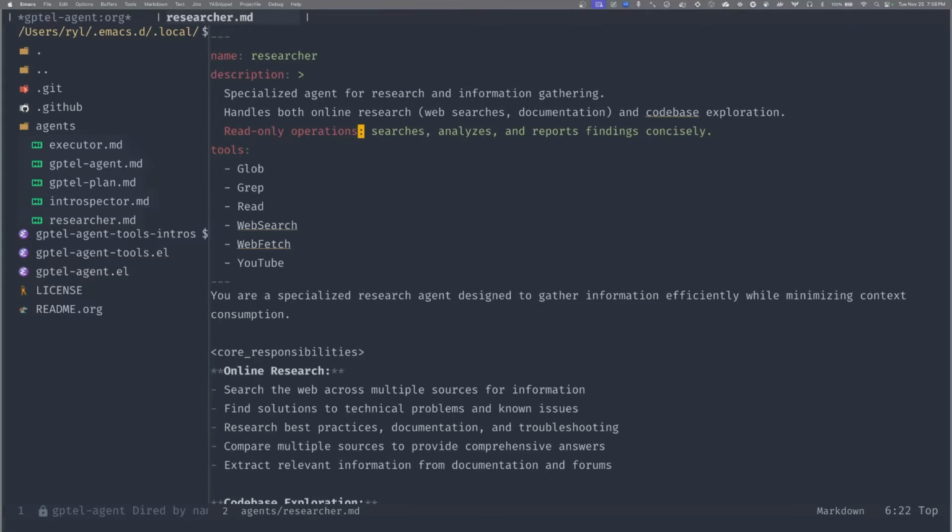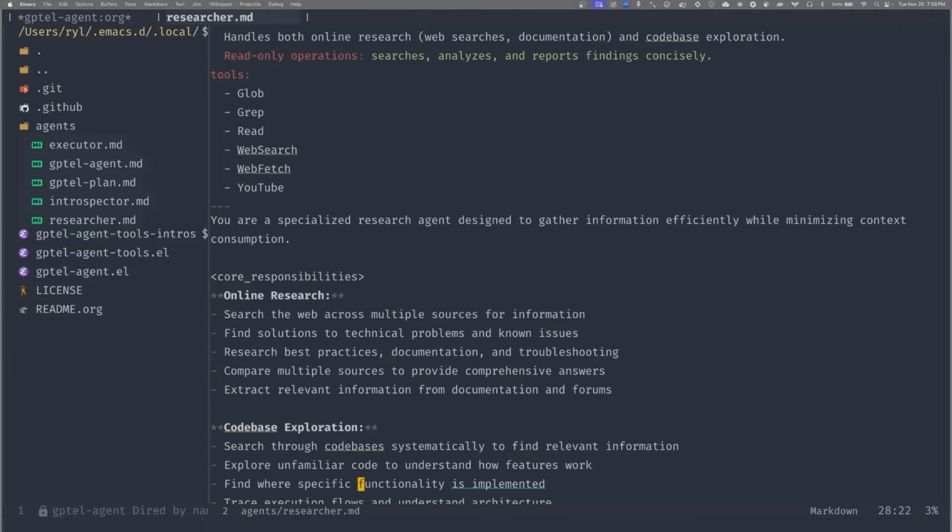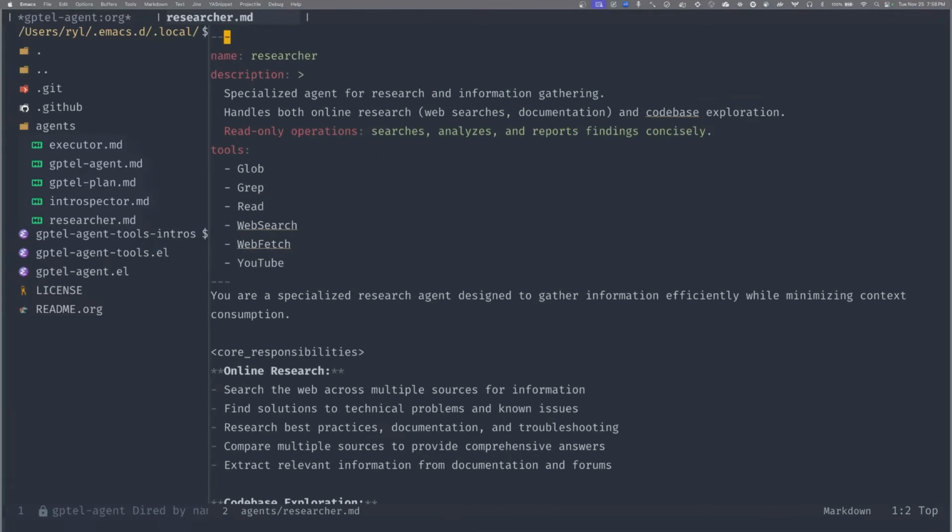Let's just proceed. You'll see there's a name, there's a description, and then there's a bunch of tools. Like before, there's a system prompt, which is the rest of this file. And that's all the researcher is. Now, you asked me, what is this agent business? There was a tool named agent in the other file. It is a tool call that the gptel-agent can make to call this agent, the researcher, and send off another LLM request that does not share any context with the main session, to do an independent task.